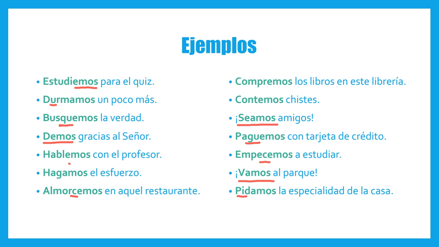And of course, this one over here reminds you that you do need to be very careful when you go to the yo form, because there are some irregular yo forms in the present tense. So hacer becomes hago. We drop the O, add the opposite ending. So don't forget those first two steps. Of course, the last step, the third step, adding the opposite ending, is really important, but you don't want to forget the first step of going to the yo form in the present tense.